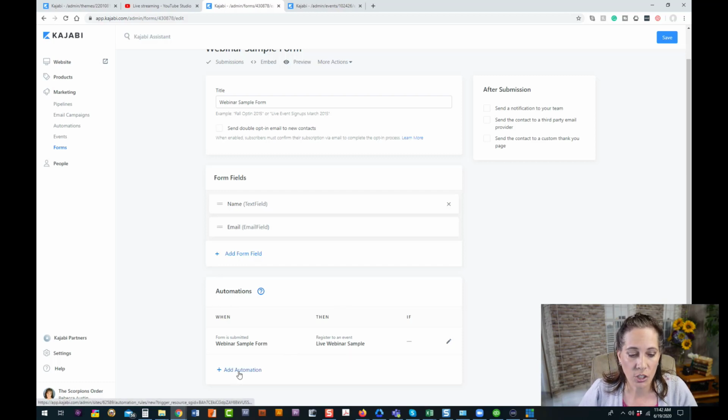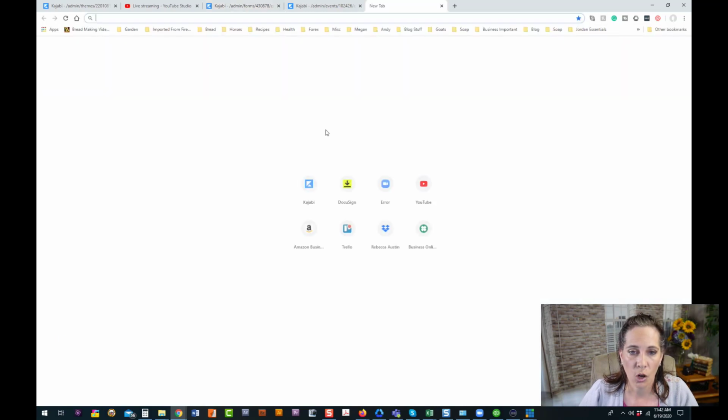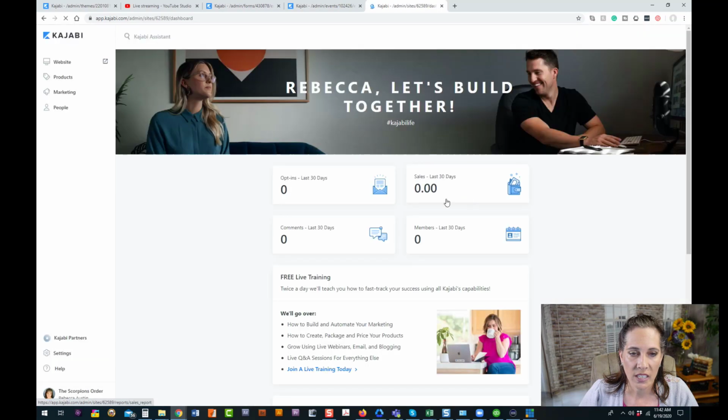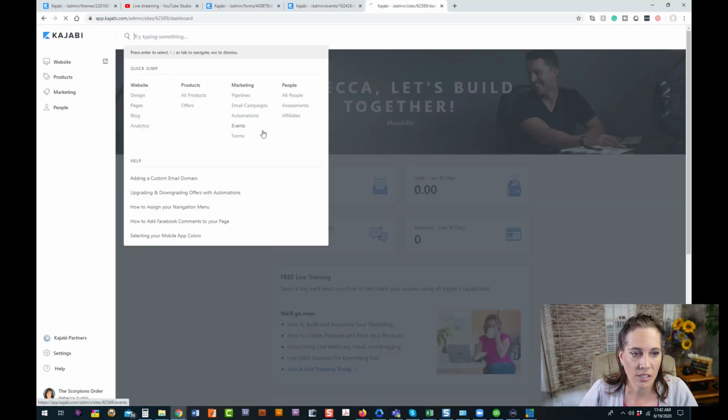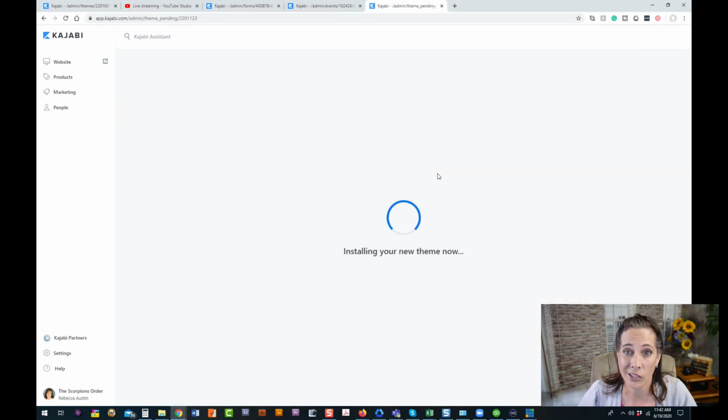Now, what we might want to do too is add a tag or any of those other types of automations if you want to while we're in here. And then of course we want to send them to a custom thank you page. So we'll open another tab and then we can go to our pages, create a new page, clone our template page, or in this case, because I'm just getting started, I can clone the webinar registration page and then I can start editing from there, where what we'll do is change the details,